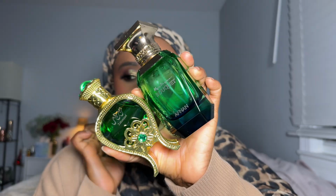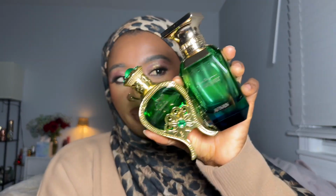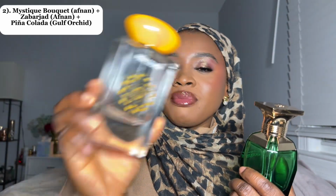Afnan Mystique Bouquet is pretty, but I wasn't necessarily a huge fan of it because it's just not the kind of scent that I gravitate towards. I think it was also because for me it's a little bit too citrus leaning, and I'm putting it in quotation marks because it's not just citrus, right? So I wanted to find a way to sweeten up this particular fragrance, and what I did was I